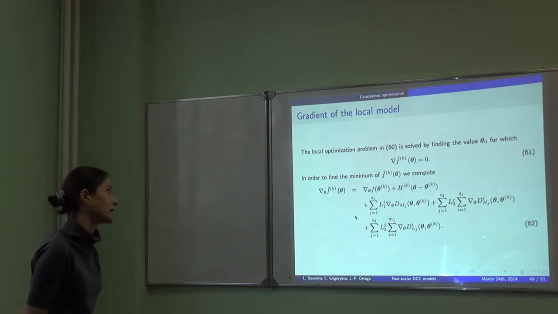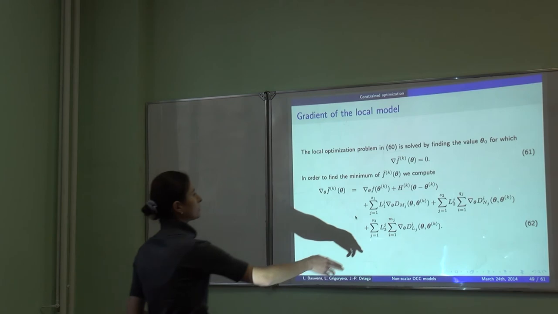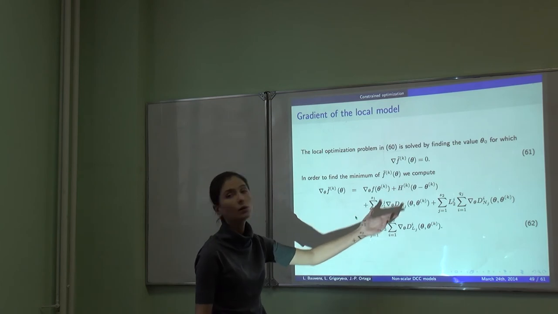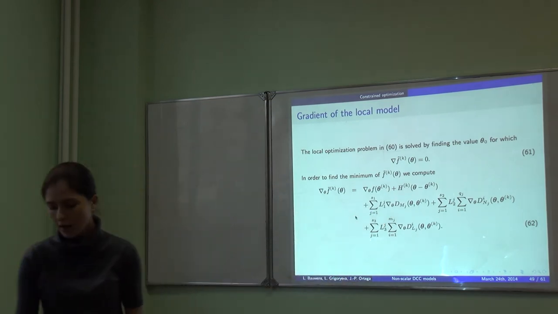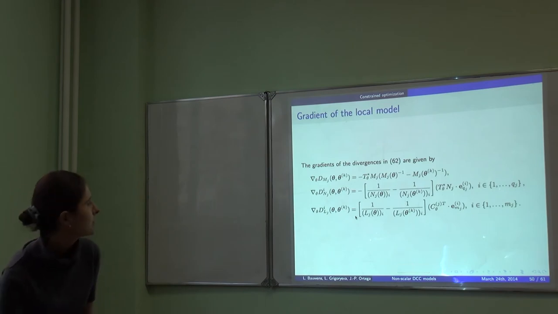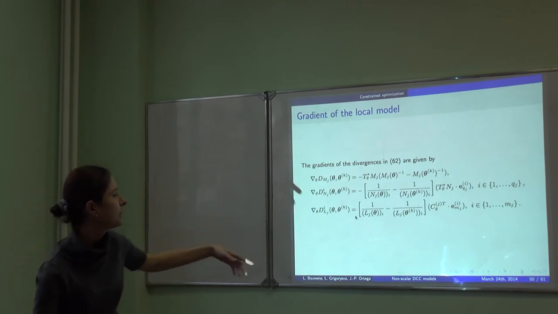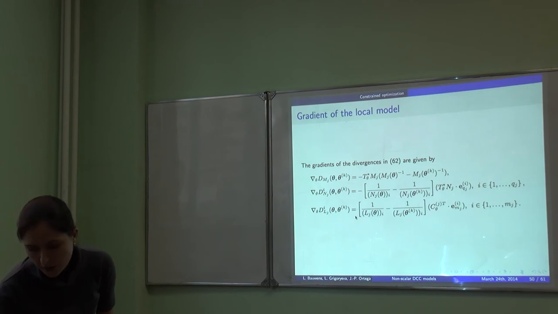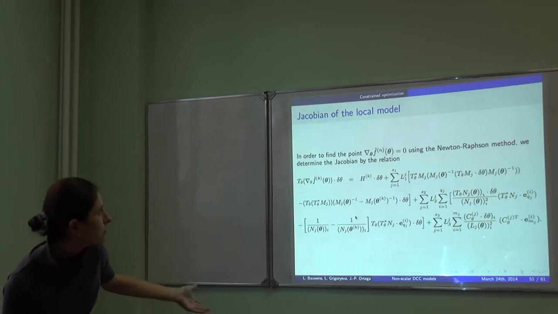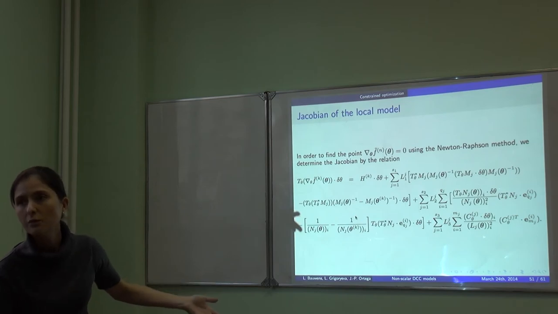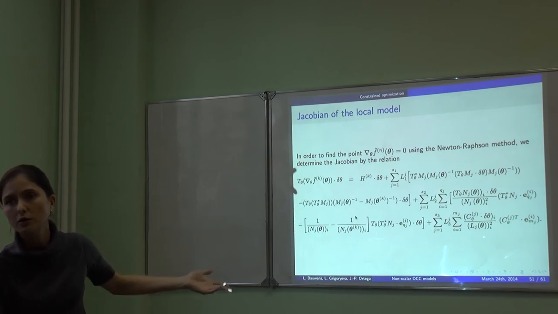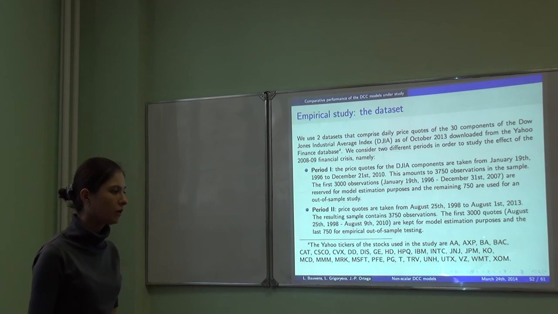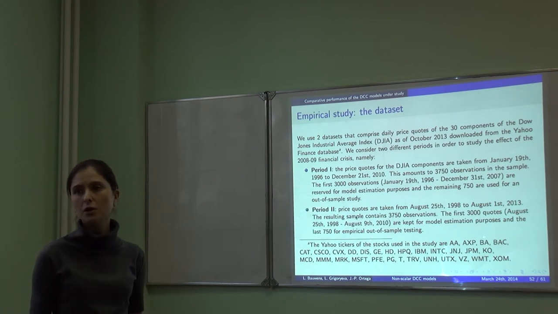So we can come up, as I told you, with a gradient of the local model, because we have the gradient of the log likelihood function for any specific model, and we can come up with the gradients for all these divergences explicitly. It's a lot of work, but it is computationally feasible. Here are the gradients that involve some adjoint operators, depending on the operators that we work with. In the end, we will also need the Jacobian of our local model. I'm not giving the explicit formulation for any given model, but it can be done. We have it.